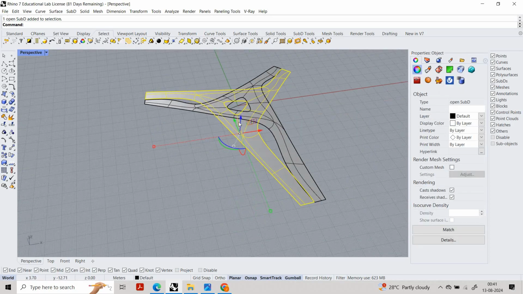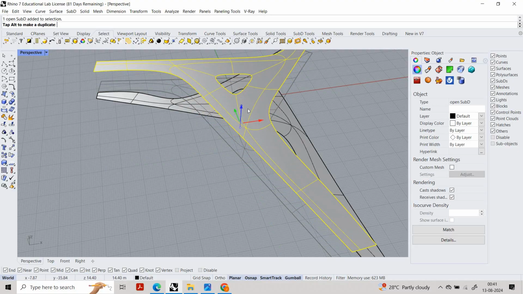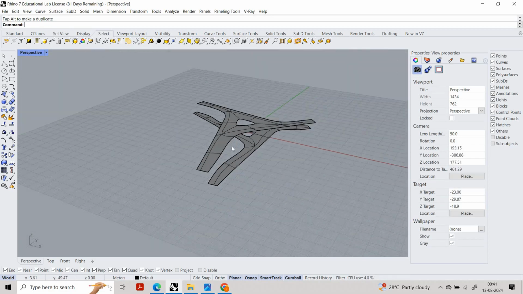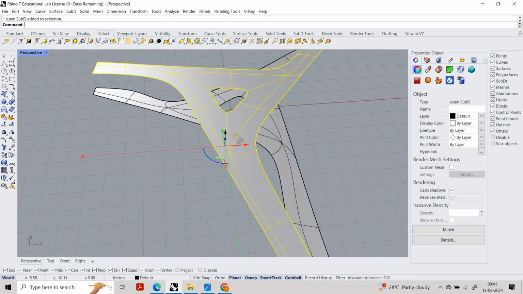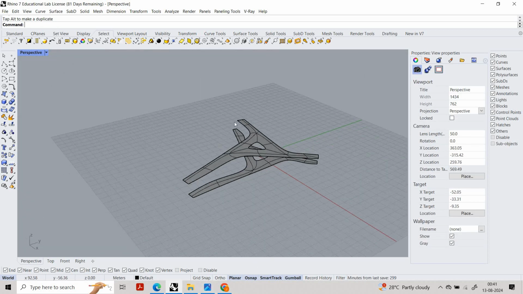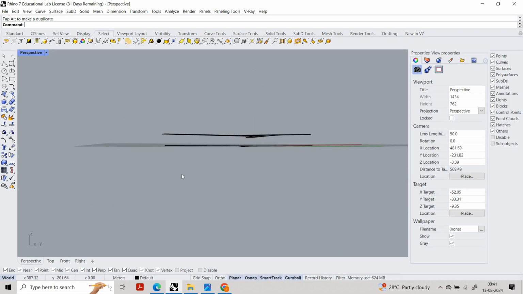So what I'm going to do is move this to the top, maybe just some random height. Okay, it's not an exact height, I'm just moving this. So this part,